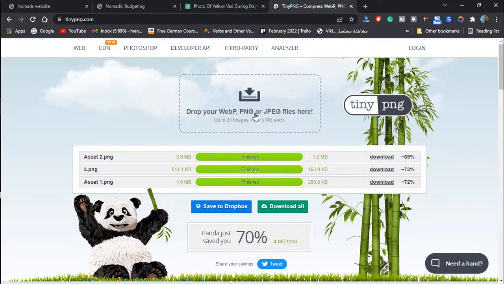So wow, that's amazing. Can you see that? 1 megabyte turned into 285 and 600 kilobyte turned into 163. So now our images are a lot less in size, and this makes them more fit to our web optimized